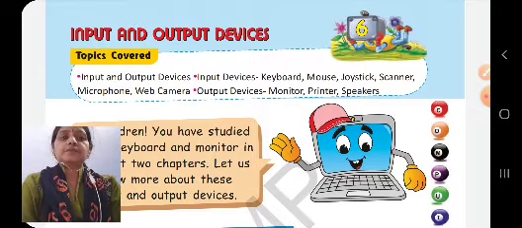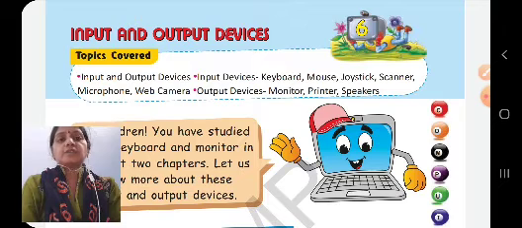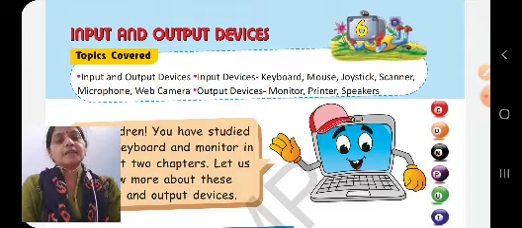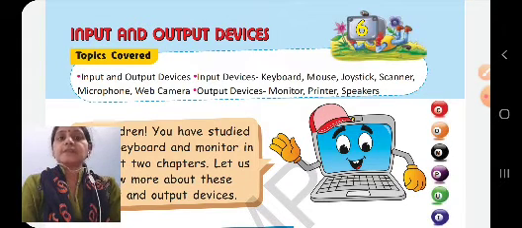So these are the set of instructions which are given by the man to perform any work, and the devices used for giving these instructions are called input devices. Some of the input devices are keyboard, mouse, joystick, microphone, web camera, and scanner. These are the very commonly used input devices.